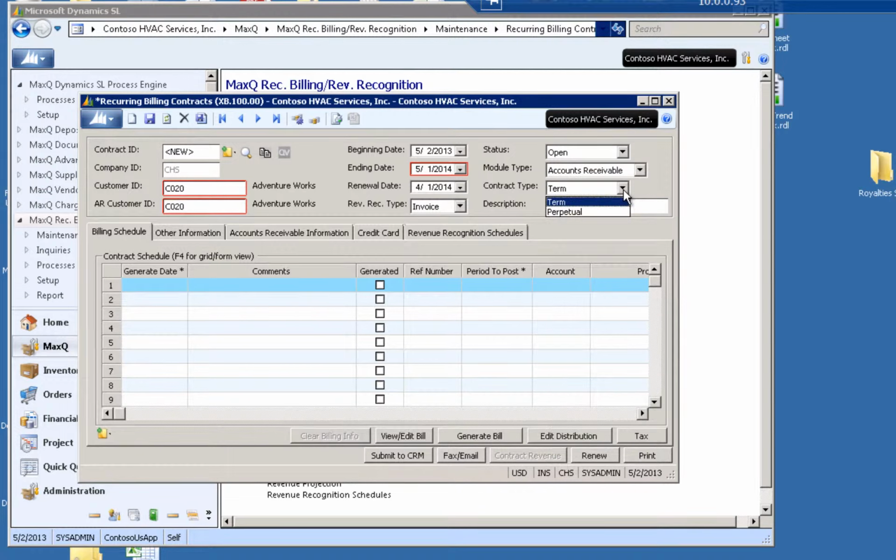In addition, I have two types. A term is for the duration of the contract here. So in this case, it is for an annual contract. And a perpetual contract is an open contract until canceled. So an example might be your cable bill, where they're going to bill you every month until you cancel the service. I can add a description of this contract,